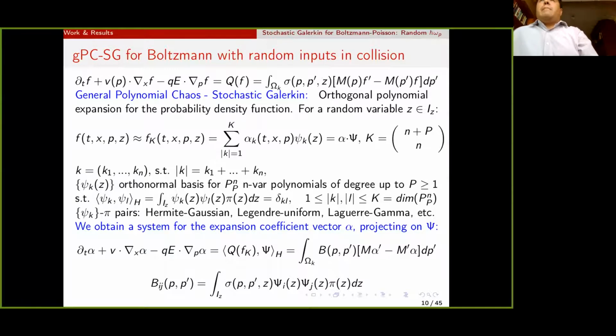So this is what you have: pairings of Hermite and Gaussian, Legendre and uniform distribution, Laguerre and gamma, et cetera. And so the idea of this stochastic Galerkin, as you probably know, is basically that you obtain a system for the expansion of the coefficients. So in principle, you get a deterministic system, which is modeling the coefficients of this expansion in terms of the